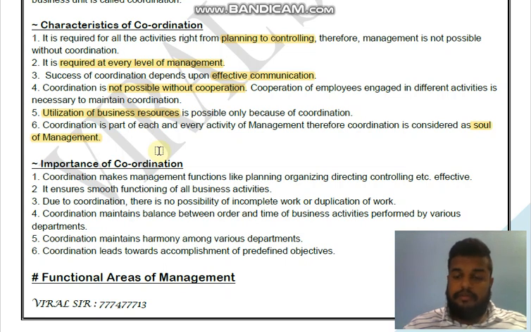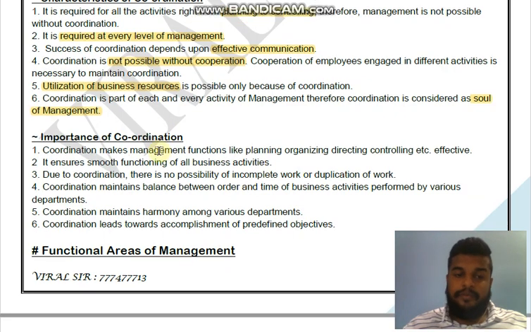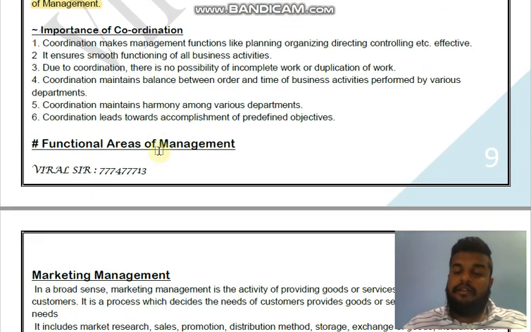Students, from this chapter no question of more than 3 marks is there. So if characteristics of coordination is asked for 3 marks, you have to write 6 points. In textbooks 8, 9 or 10 points would be given, but the easiest 6 we have taken in the notes. So you can write these 6, or you can write any 6 from the textbook. Clear? Same is with the importance and other topics.